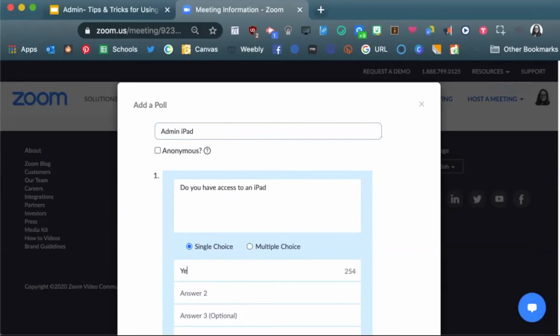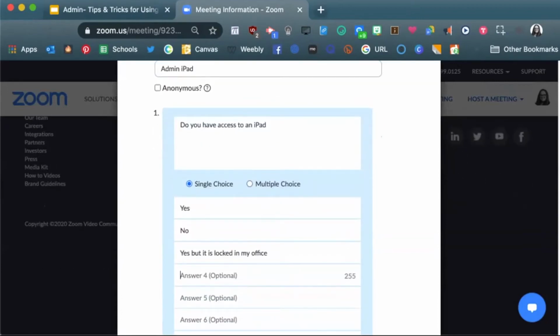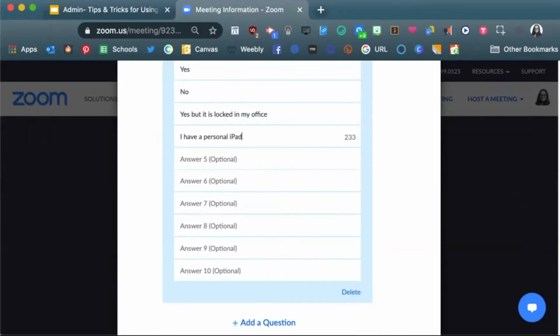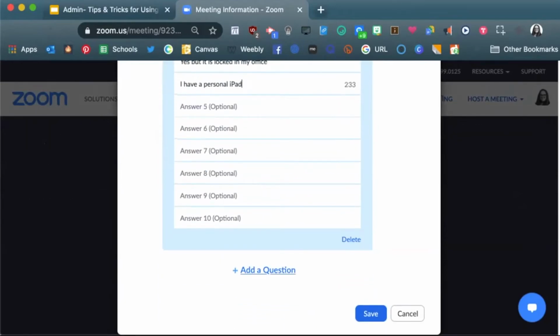And then yes, no, yes, but it is locked in my office. Or even maybe I can do, I have a personal iPad. Okay, so then I can add more questions if I want to, but right now I'm just gonna go ahead